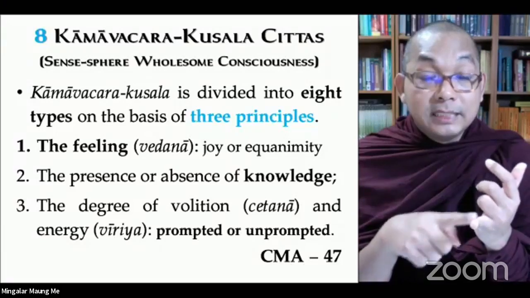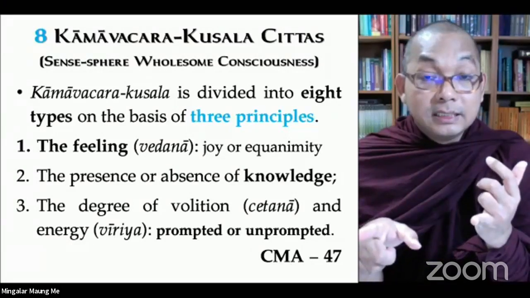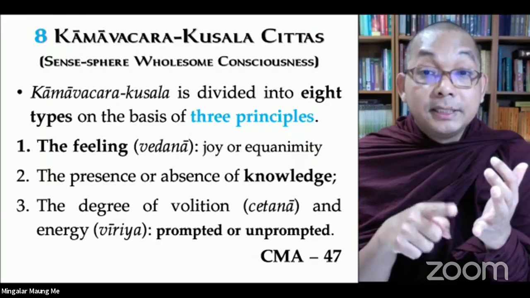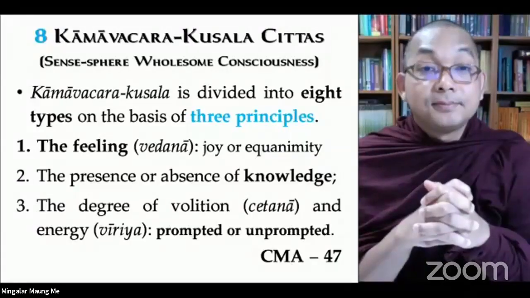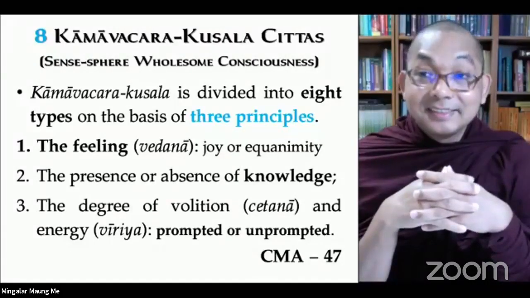One in summary, 59, and 91 is in the expanded enumeration. Yeah, expanded. Oh, okay. I understand now. I was wondering what happened to the missing 40 cittas. Okay, I think I understand now. Thank you, Bhante.